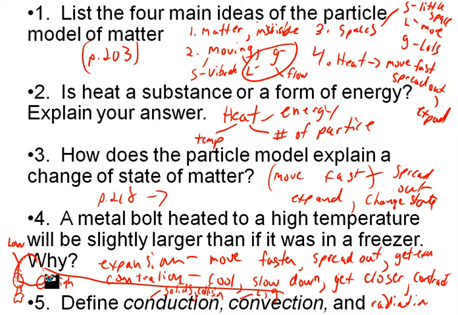Radiation is the movement of heat without particles. So no particles are needed. That means that radiation moves through empty space. And radiation is dependent on different types as well as